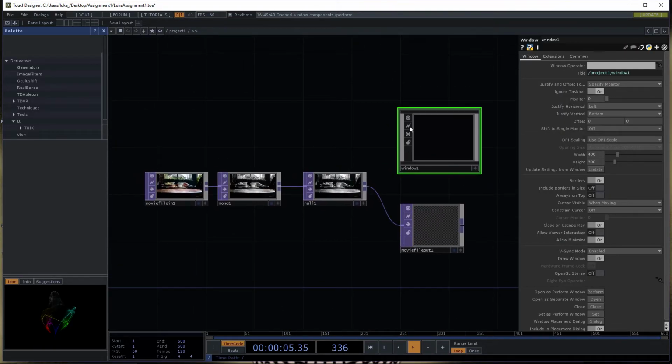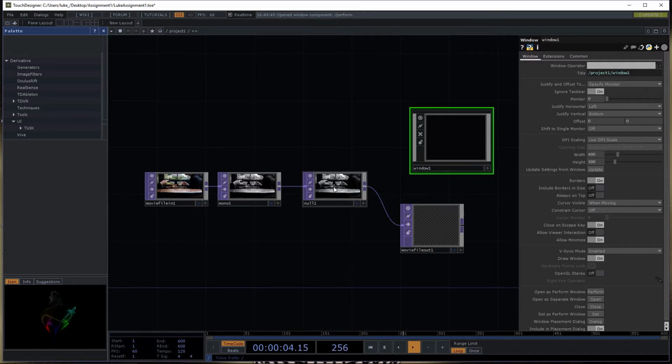And so what we need is to set our window as a performance window, and we also need to tell our window which operator we want to be showcased. So now we want it to be this null, because it's the last in line here before we're recording. So there's a couple ways to reference. The easiest is in this window operator or component in its parameters. There's a window operator first. Like the first parameter is for window operator, and that's telling this window component which operator we want to be